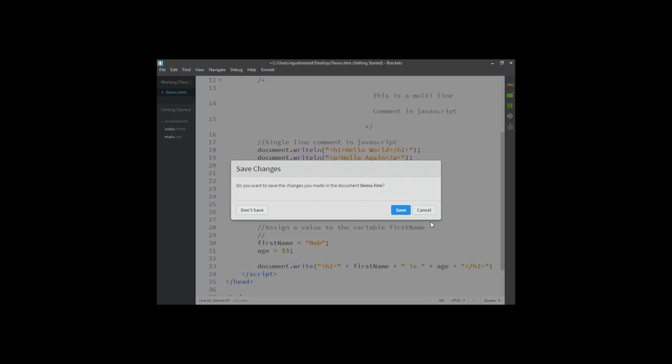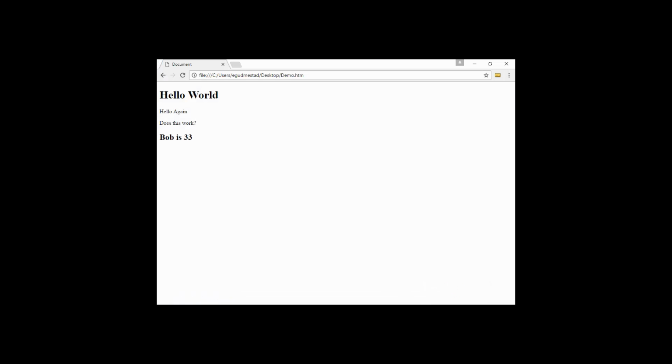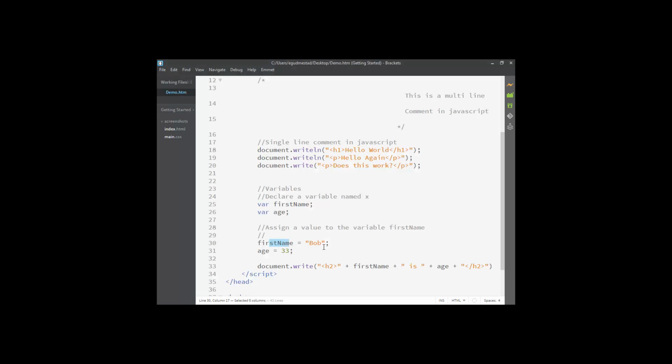Save it. Save it. And now you see it fixes it. Okay, so these are working with variables. Some variables are strings or some are whole numbers. Now here's, if you want to shorten it up,